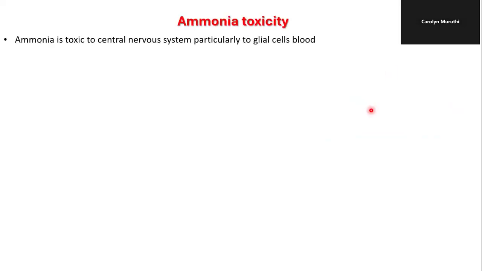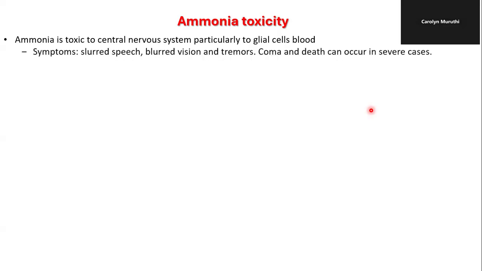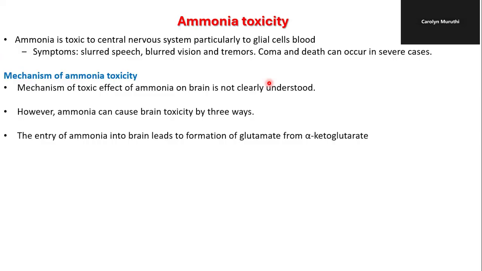So what about ammonia? Ammonia is toxic to the central nervous system. And symptoms associated with ammonia toxicity include blurred vision and tremors, and may cause coma and death in severe cases. And so how is ammonia toxic,